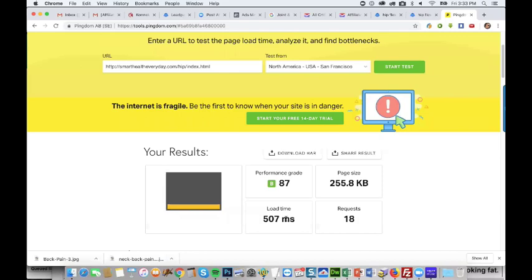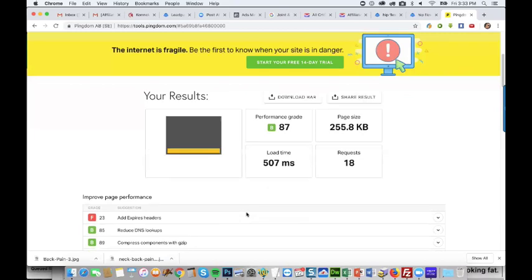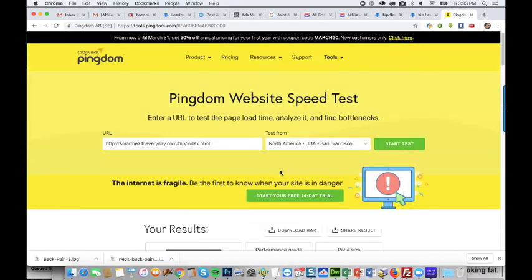Like we would download all the images and put them on a CDN, a content delivery network, I think. Basically it's an off-site place to host the images that's faster. We can also reduce the size of the images. Now this doesn't hardly have any images, so it's pretty fast. So this is fine right here. But if you have a landing page that has more copy, more images, stuff like that, then you probably want to speed it up some. So that is that. What do you guys think?